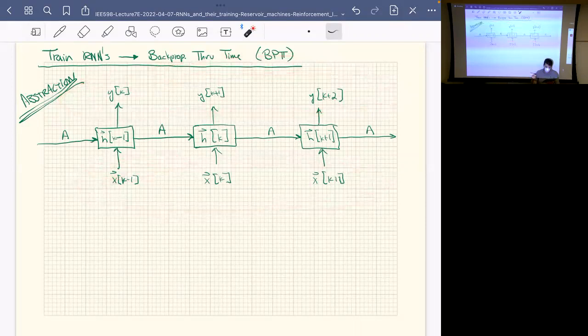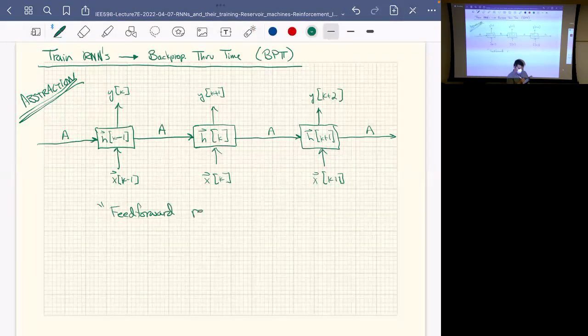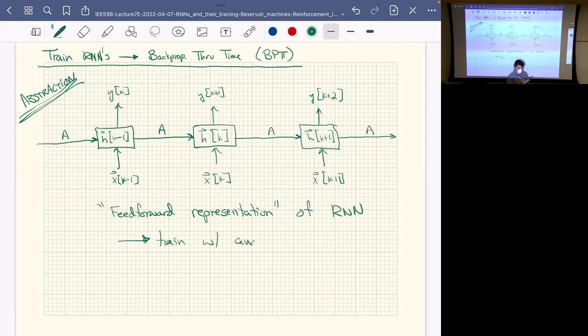And so you can use backpropagation. You can view this as a feed forward representation of an RNN, and then train